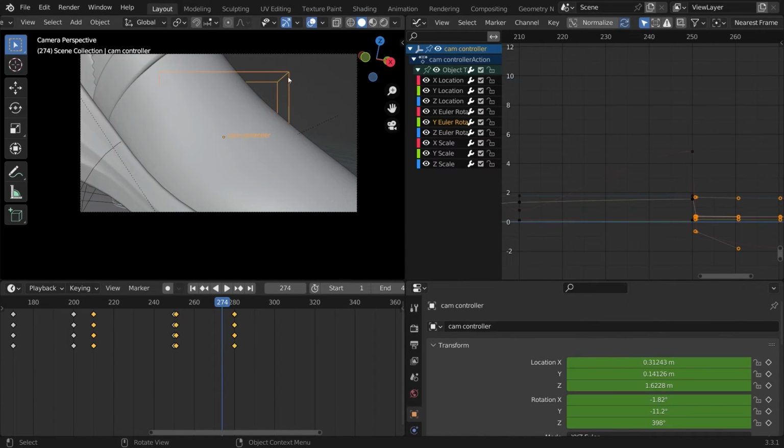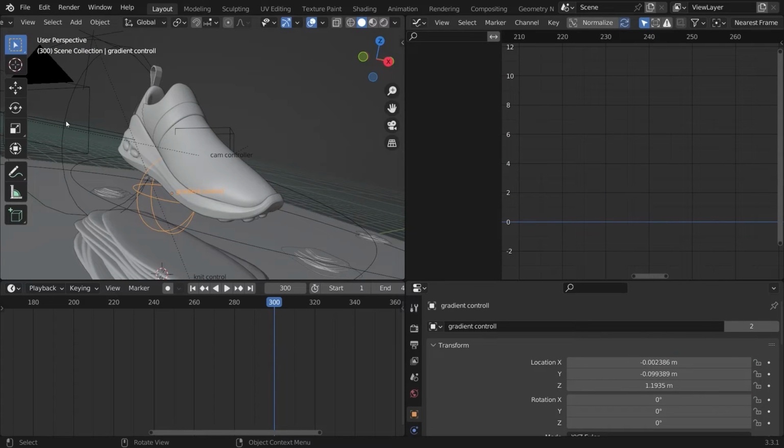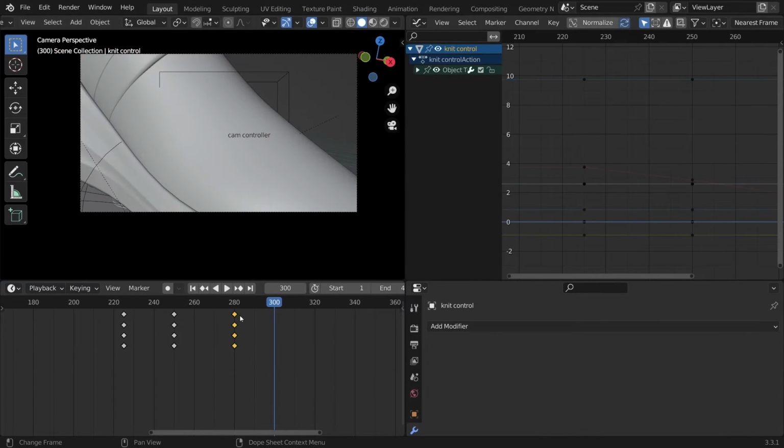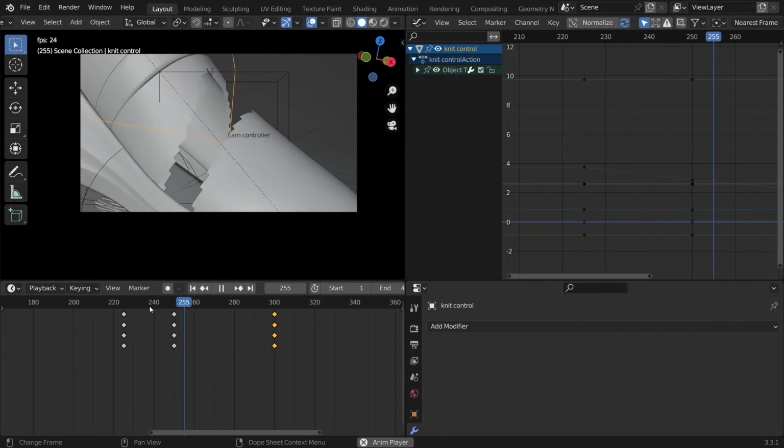Okay, let's select the camera controller and bring the last keyframe to 300. Select it, G, like that. Go to 300th frame and select the knit controller next, and this keyframe, bring it back to 300. Now if we play this,